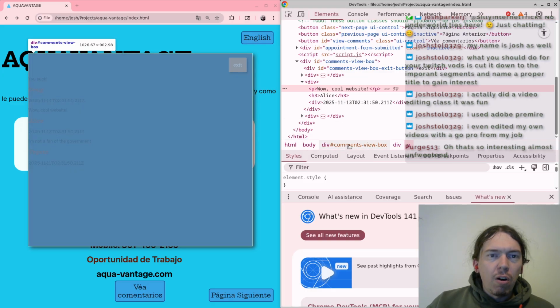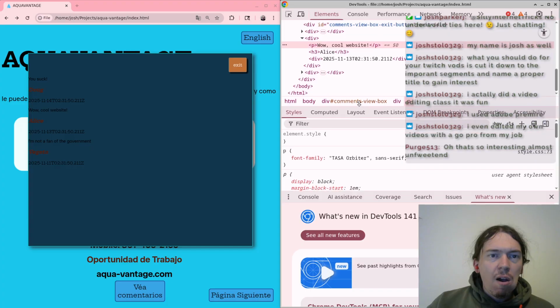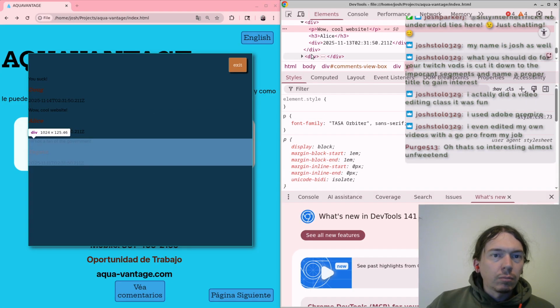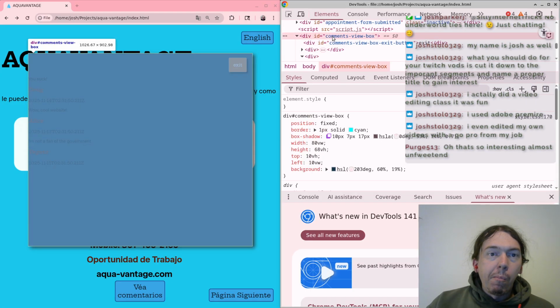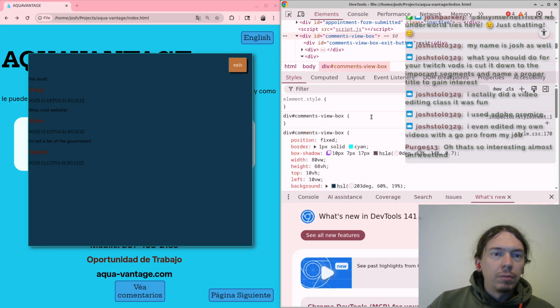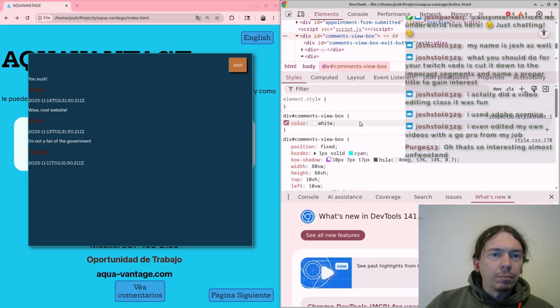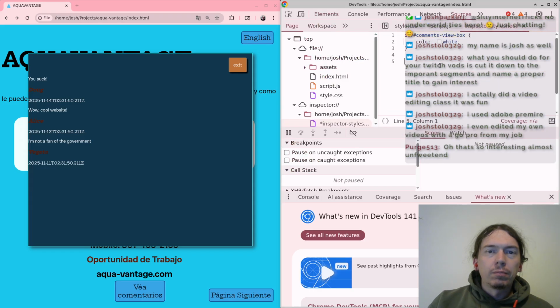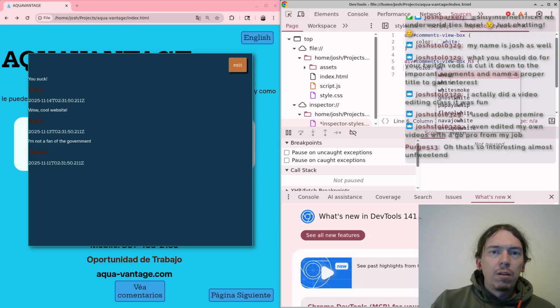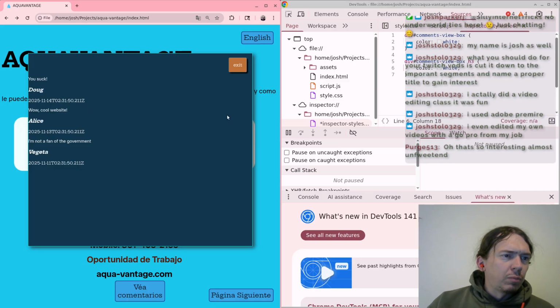Let's make everything on the inside here white. Okay. And if there's an H3 in there, we still want it to be color white.